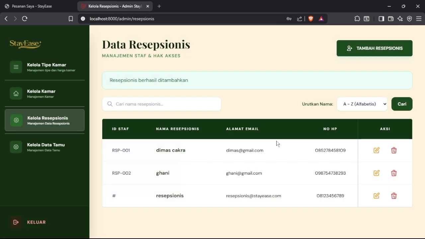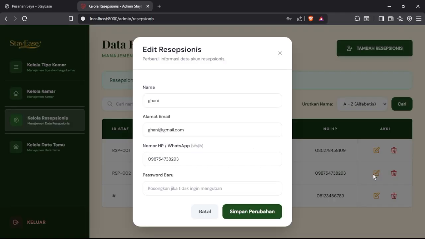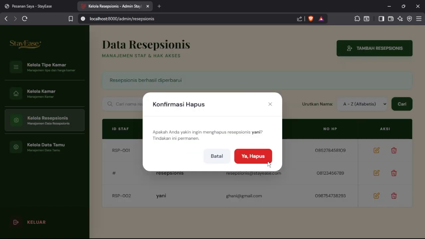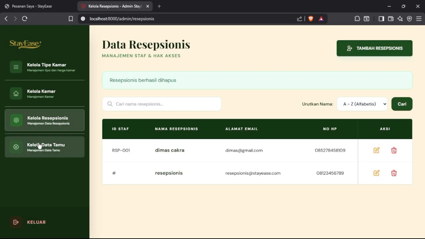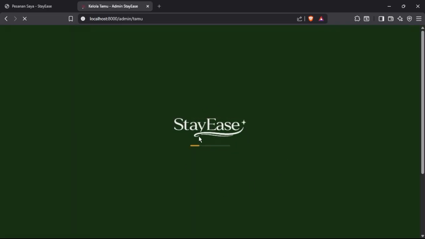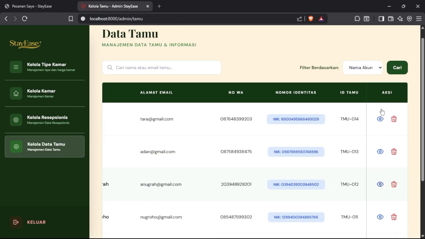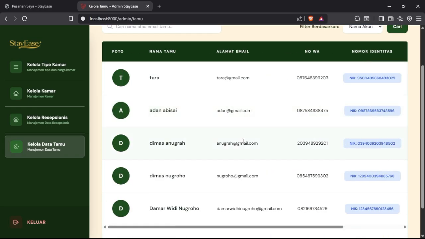The data will be added. The admin can also edit, maybe the name, and also delete the data. For manage guest, the admin can only see the data and also delete the data if needed.